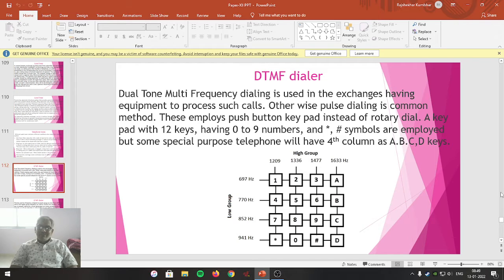So this is done by an electromagnetic or electromechanical arrangement within the telephone handset.